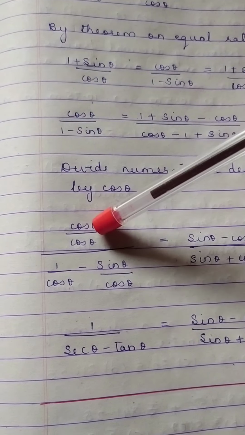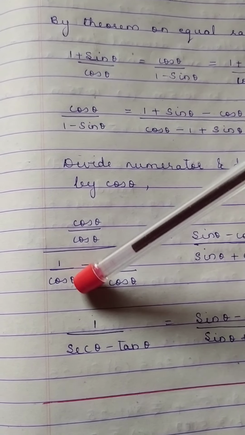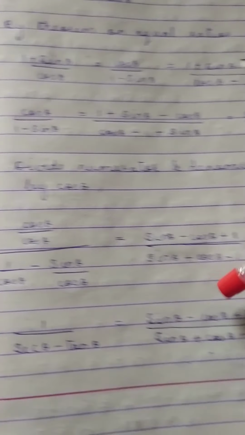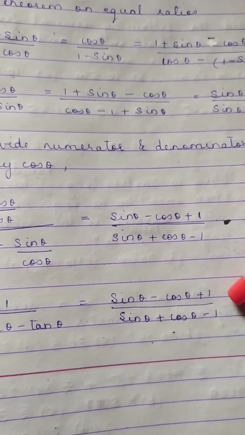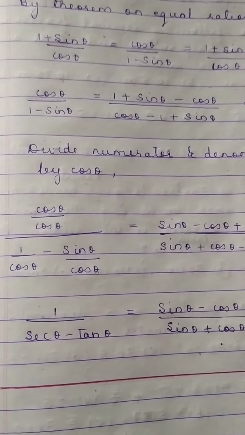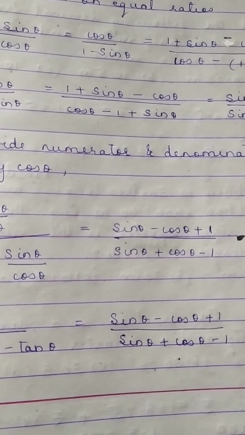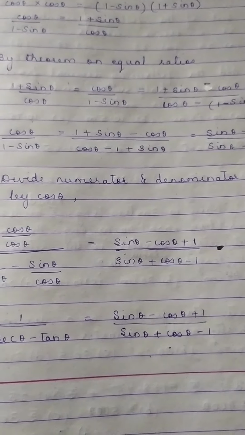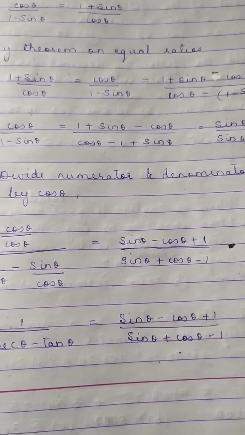So cos theta by cos theta is 1. 1 by cos theta is secant theta. Sin theta by cos theta is tan theta. So I get this is equal to this value, and that is your question that has been asked. Okay. And so I have come up to the same thing. Okay. So with this, children, we finish with problem set 6. Question number 5, 1 to 10 is done.